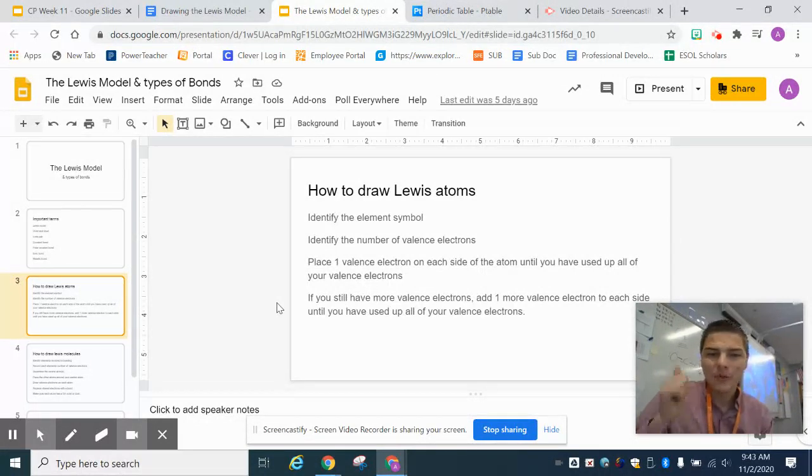So hopefully that helps. That's going to be the end of this video. Next video, I'm going to start showing you how to make these atoms interact with each other. Anyhow,